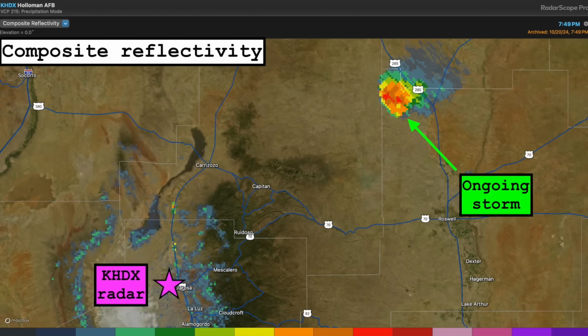When we switch to composite reflectivity, we can much more clearly see the robust precipitation associated with the storm in question. Composite reflectivity does have its drawbacks, however. If the radar you're using does not suffer from beam blockage issues, composite reflectivity should not be used in lieu of base reflectivity, as many important storm features, such as hook echoes and boundaries, are easily masked by stronger reflectivity